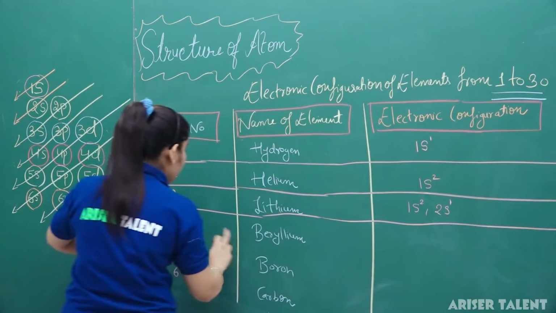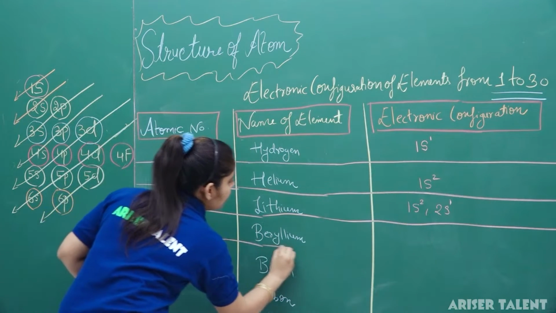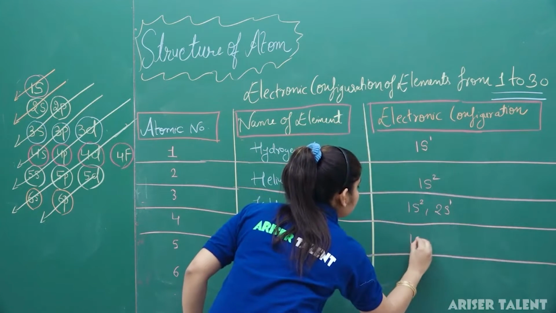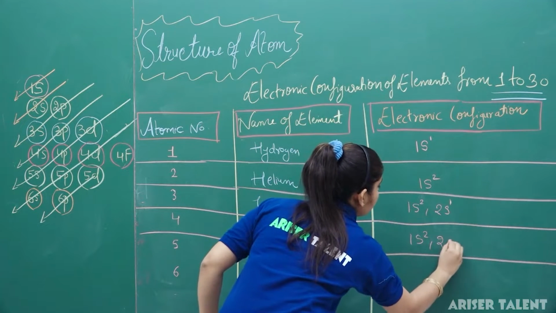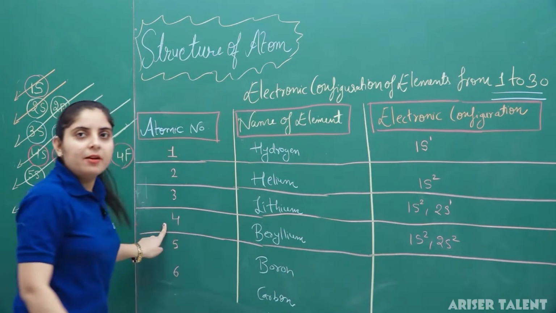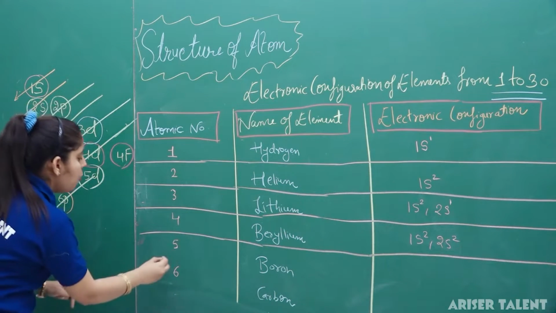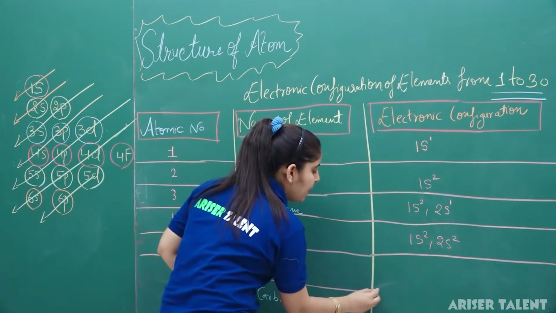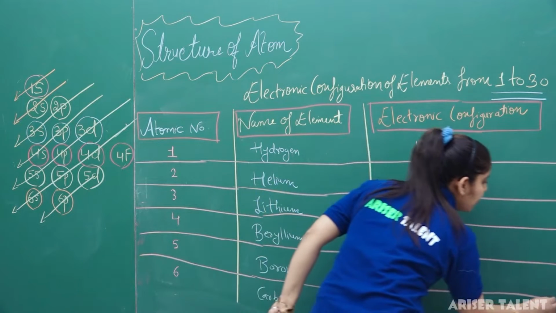Now with atomic number 4, that is for beryllium, we have 4 electrons. So its electronic configuration can be written as 1s2, 2s2. So 2 plus 2 will give the 4, that will be the atomic number of the element. Now we have the fifth element, that is boron. Boron with atomic number 5, the electronic configuration will be